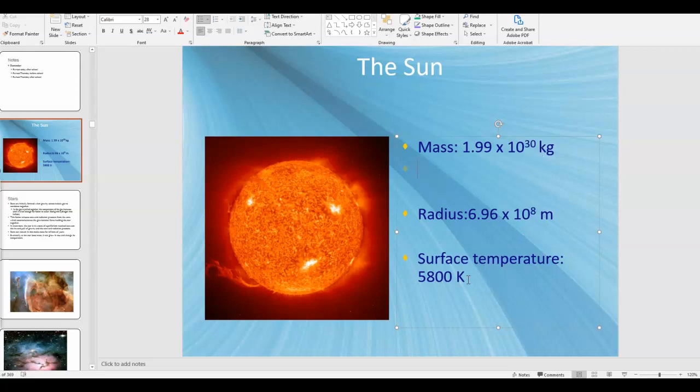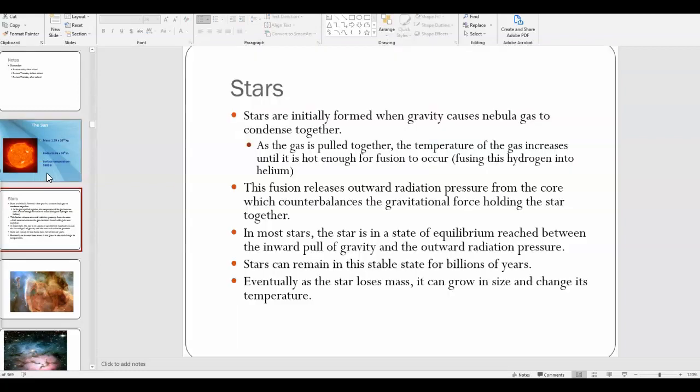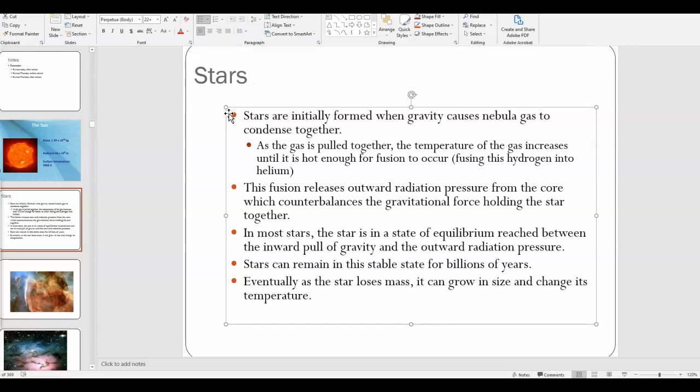It has a surface temperature of about 5,800 Kelvin, although as you go in towards the center of the star, the temperature increases. Now, our sun, just like any star, is basically a glowing ball of energy created by nuclear fusion. Okay, and so the way a star is formed is basically